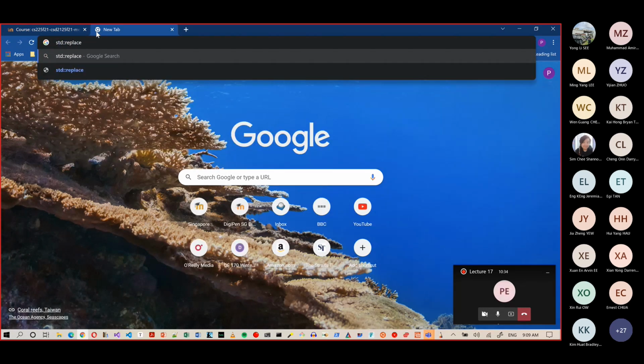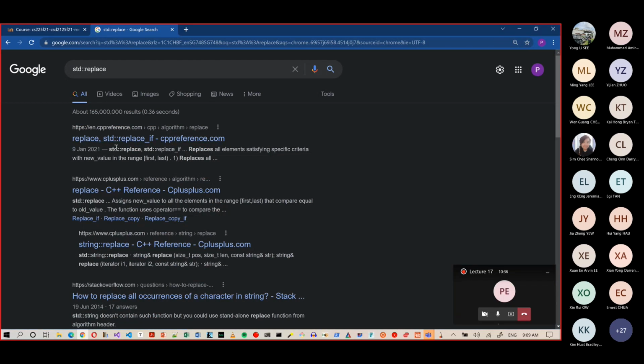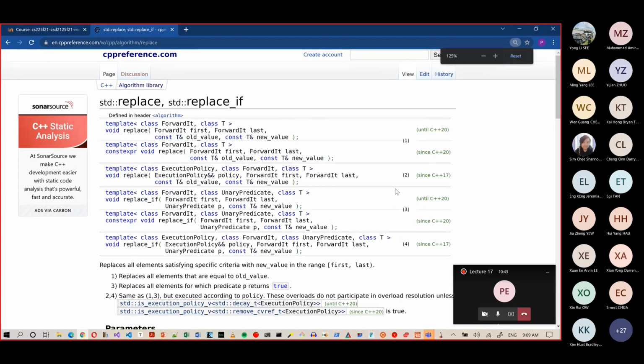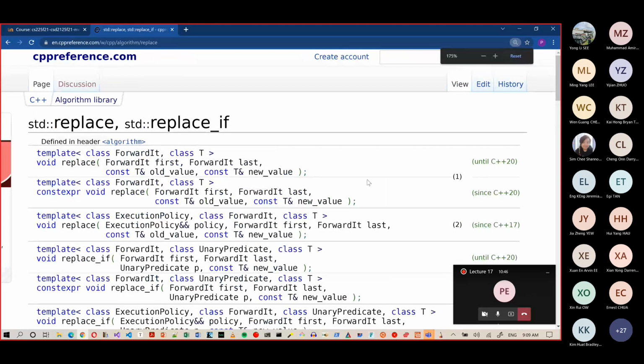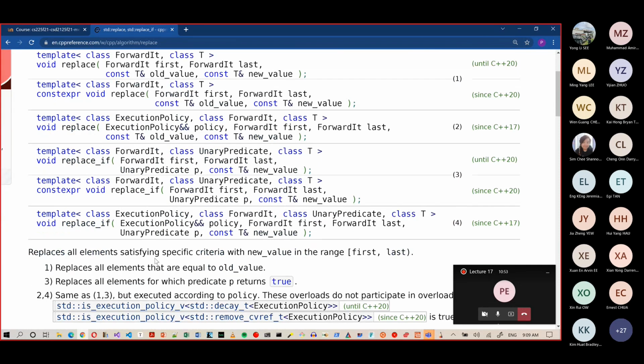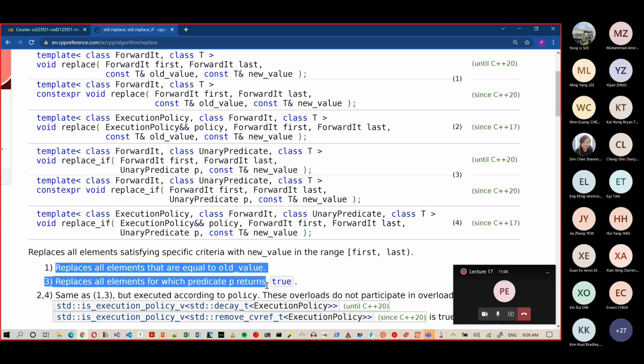Okay, there are no hits, my friend. Ah, there is. Never heard of replace. That's because it's kind of new. So you are way ahead of everybody else, whoever gave the answer. I mean, yeah, it looks like it replaces all elements satisfying specific criteria with a new value in the range from first to last. Okay, but this is pretty new, so I'm not sure if all of you are aware of this,